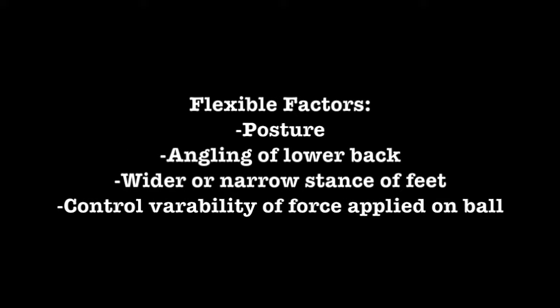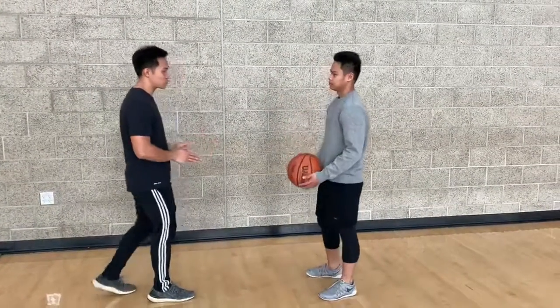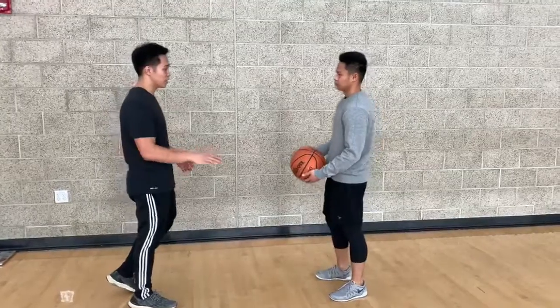Our flexible factors are posture, angling of lower back, wider or narrow stance of feet, and control variability of force applied on the ball. So on our first drill, I'm going to have you dribble 10 times each, two variations,